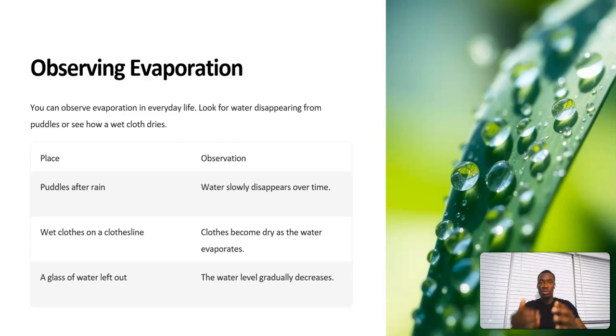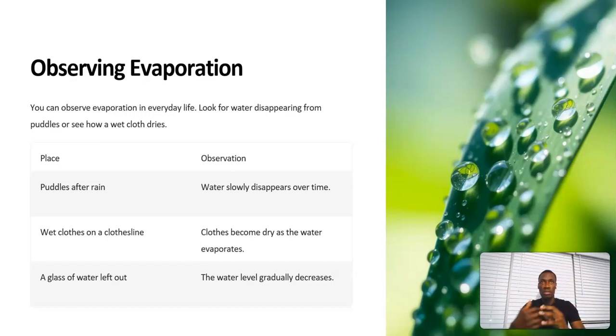Another example is wet cloth on a clothesline. This really reminds me of my Ghanaian background. We dry things on a dry line outside of our homes, in comparison to the American style. We wash and dry them outside, placing them on dry lines with pegs.